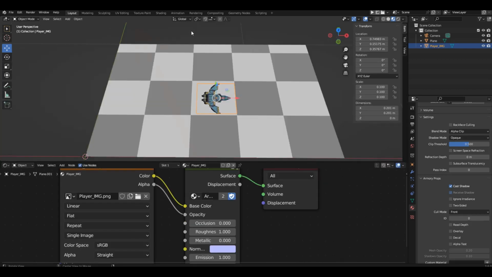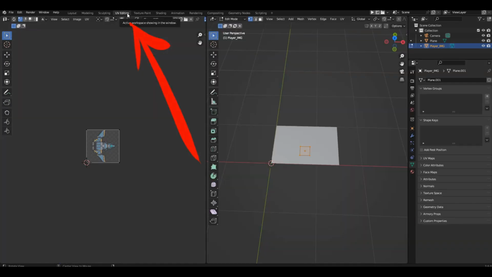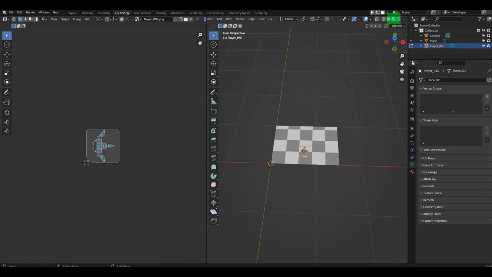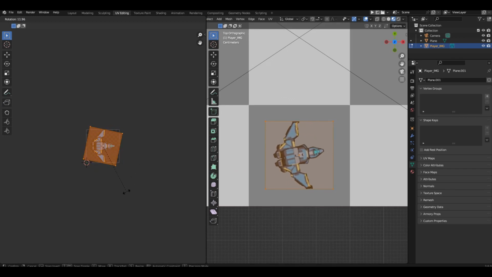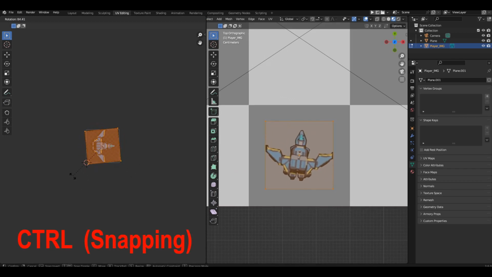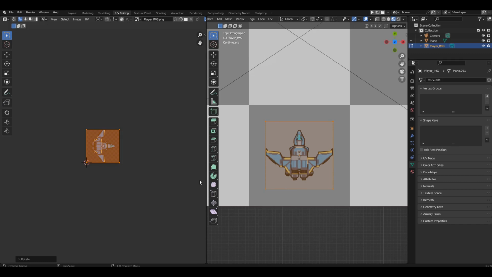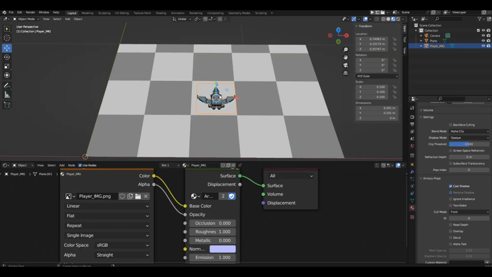To do this, switch to the UV editor. Change the viewport to Material Preview mode. In Edit mode, select everything, go to the left window. With the unwrap, select everything, and rotate it in the desired direction by exactly 90 degrees. To do this, you can use the Control key. Press R, hold Control, rotate, left-click to fix the new position. That's it. Switch back to Layout and enjoy.